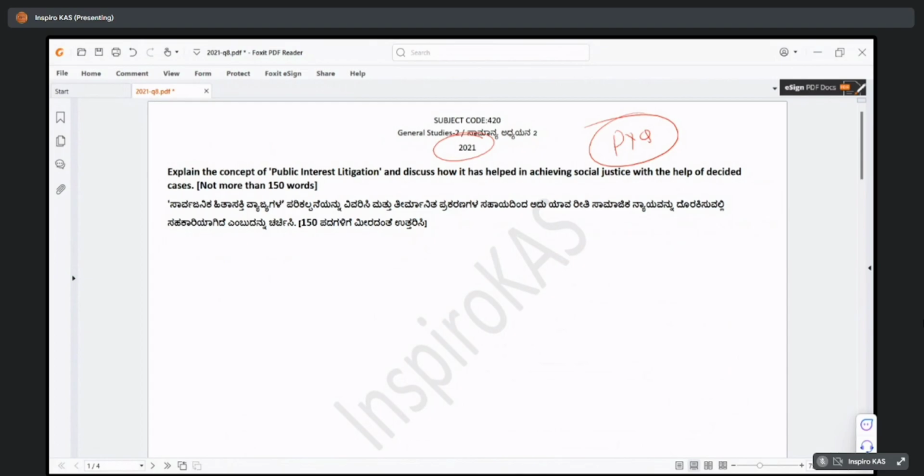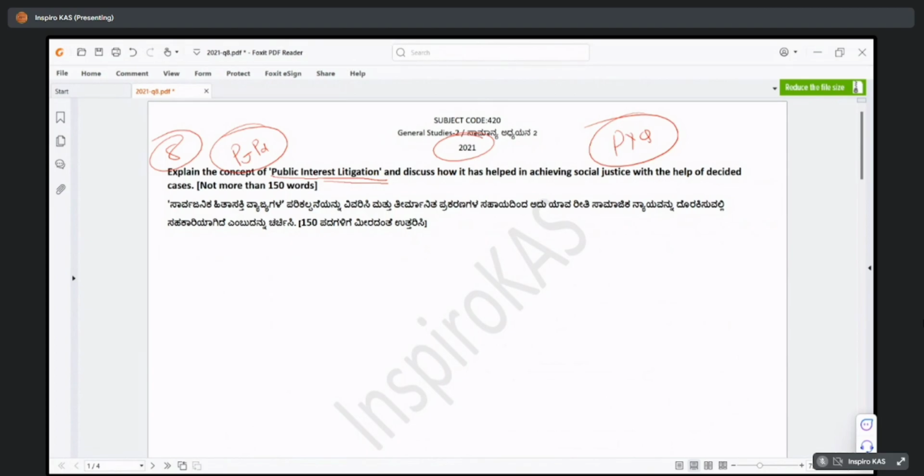So basically this is question number 8 in your paper, and this question is taken from your Polity and PubAd together. You can look at it from different perspectives. One is from the perspective of judicial activism or the judiciary per se, or the other from the angle of rule of law. How exactly has public interest litigation helped India achieve rule of law or access to justice, etc. So from multiple perspectives, we can look at this question.